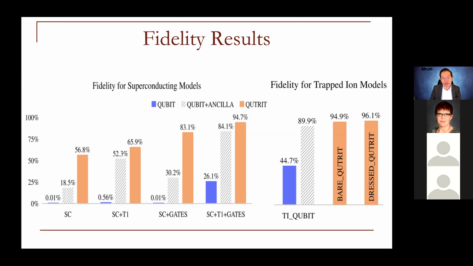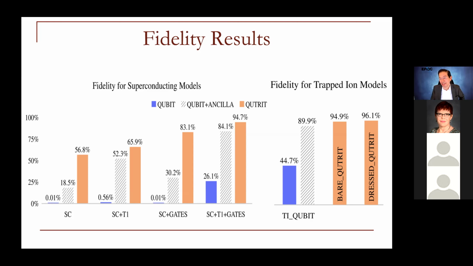Now, as we make things better, so SC plus T1 is basically making T1 time 10x better, so making the qubits 10x better. We see that the difference is smaller, right? And then as we go forward, so SC plus gates is making gates 10x better, and then SC plus T1 plus gates is making both gates and T1 time 10x better, right? But it is still the case that we get a significant advantage, especially over the blue bar, because of lower